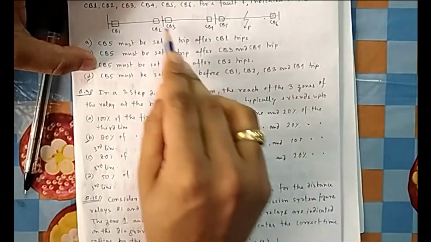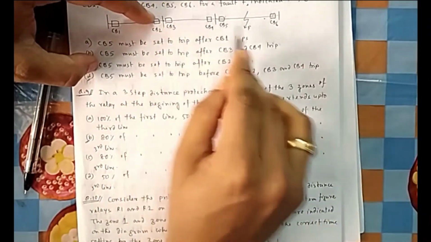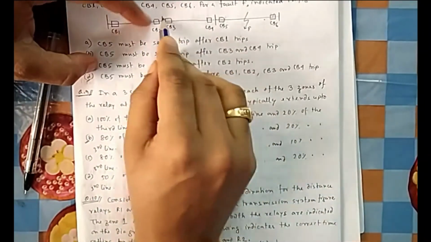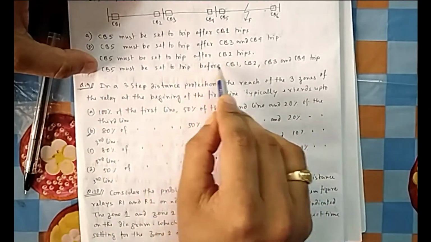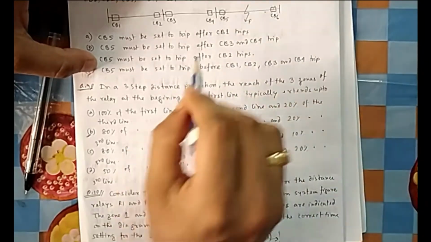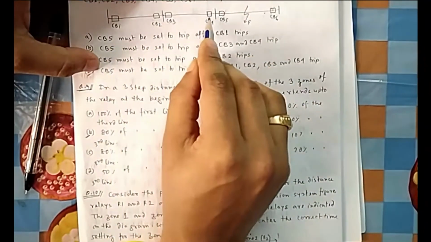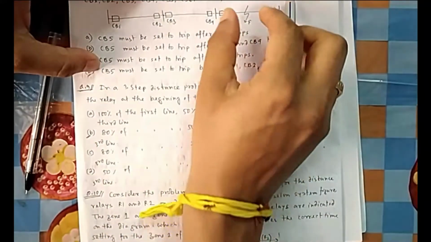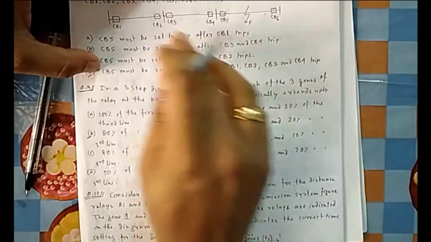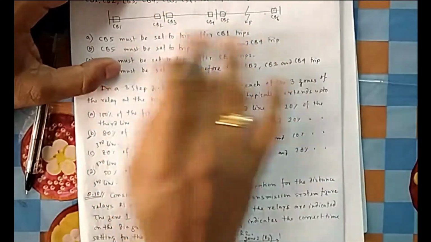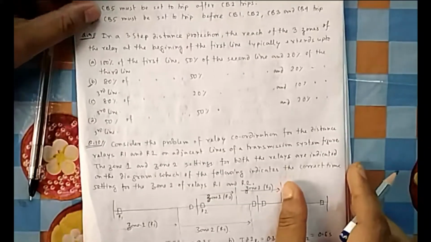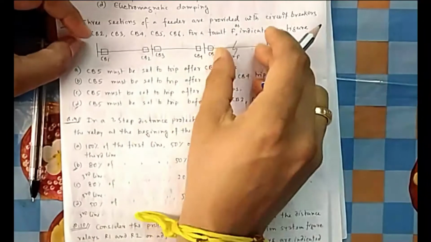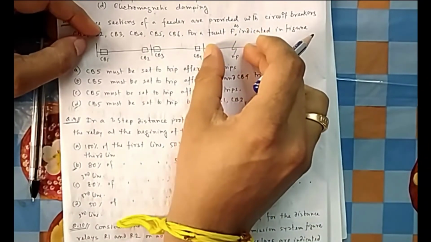CB5 must trip after CB2. Same. We don't want to trip others. If this trips then these two are separated. There is no need. CB5 must trip before CB1 and CB2. This one is the correct one. This should trip before any other one trips. If this trips before, then this line is out. My job is done. There will be no fault, and the others will not be tripped. So this is your correct answer. That is your option D. I think you can go by normal logic. This is the fault, this line should be outed first. The rest should come later.